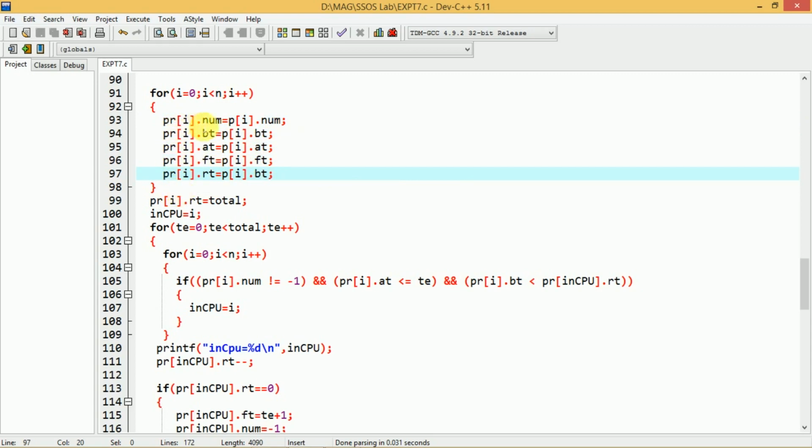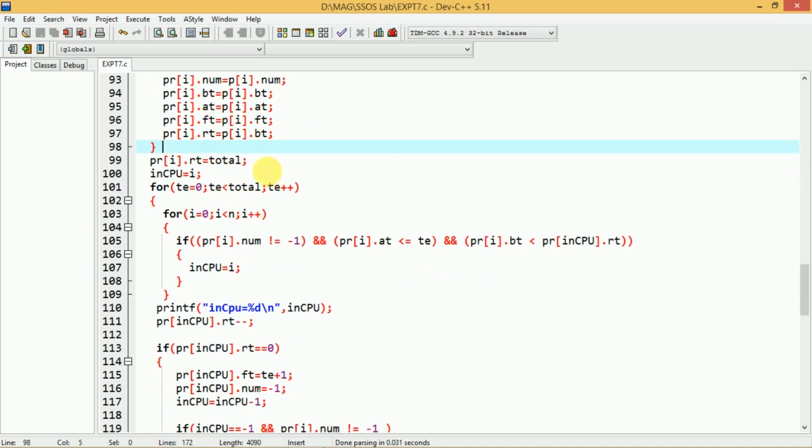So PR of i dot num equals P of i dot num, PR of i dot BT equals P of i dot BT, PR of i dot AT equals P of i dot AT, PR of i dot FT equals P of i dot FT, and the remaining time equals the burst time of P of i.